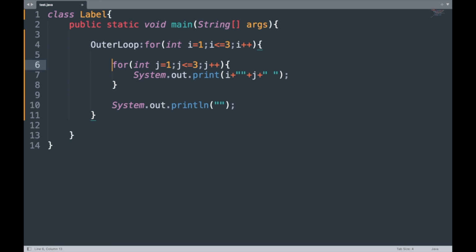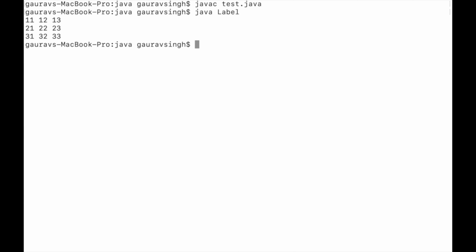And also before the for statement of the inner loop, we can write inner loop and a colon. Now let me compile and execute it. As you see, we have the proper output. We can use labels for the other iteration statements as well.